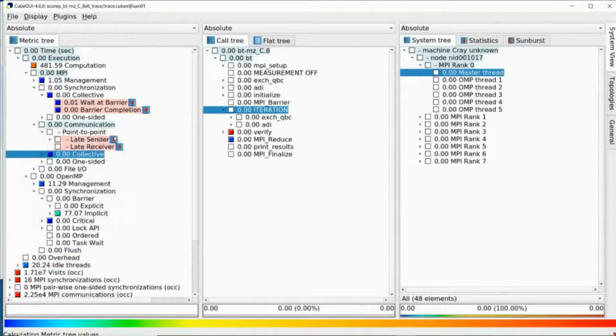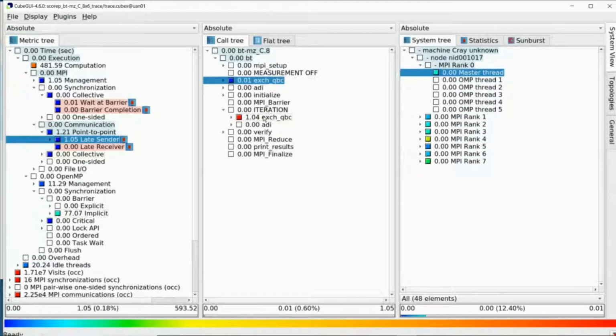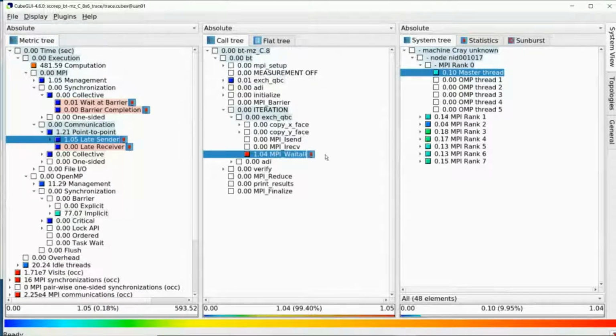There's a little bit more time for the point-to-point operations, and it's showing us here that something like 40% of it is late sender time. There's a very small amount in the exchange and the initialization. There's a little bit more in the exchange here for the collective operation. Sorry,